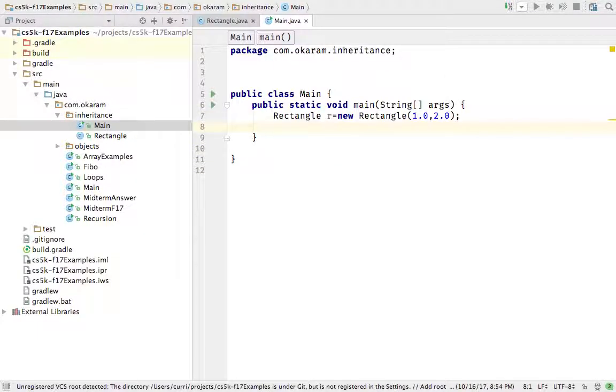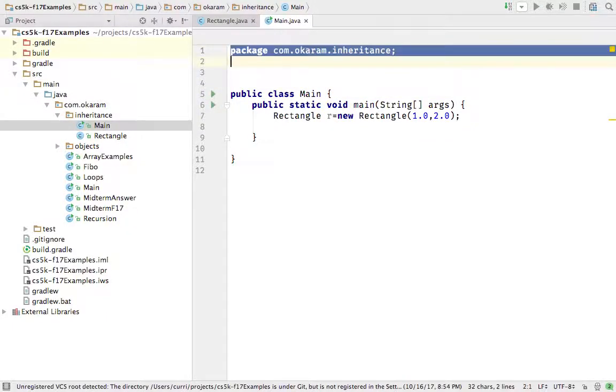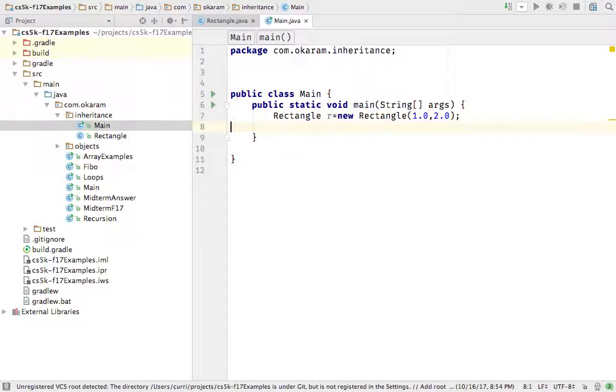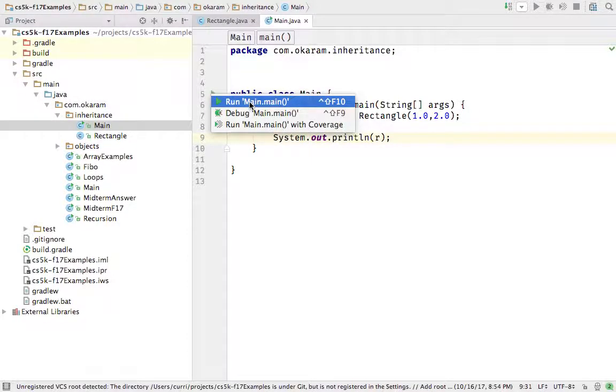I'm defining a main class inside the package, so the rectangle class that I'm going to get is the rectangle class in this package. Let me just show the kinds of things that we can do. When I print the rectangle r, it's going to call toString to convert it to a string and then print it. So if I execute this guy,